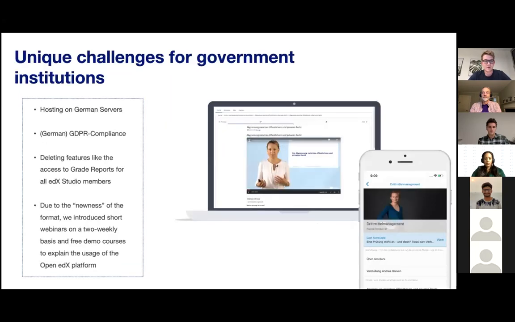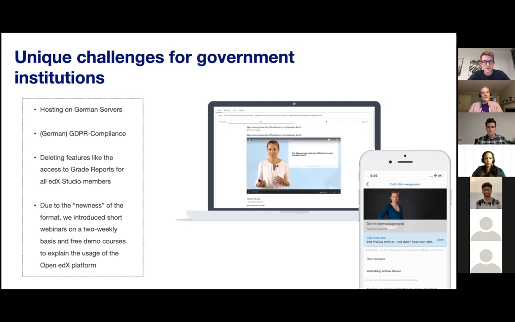And I can talk a little bit about the unique challenges. This was more general stuff, but the unique challenges for German government institutions that we had was, the first thing that we always heard was we have to host on German servers. That was just a given. And then we had to be very GDPR compliant.